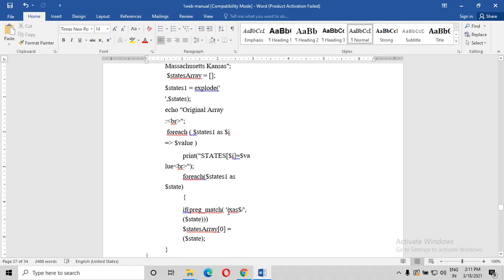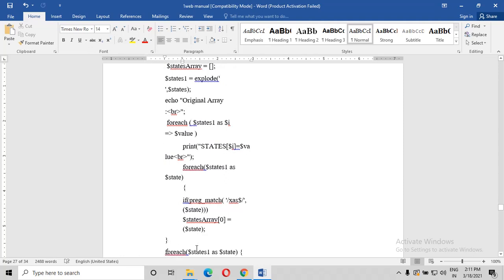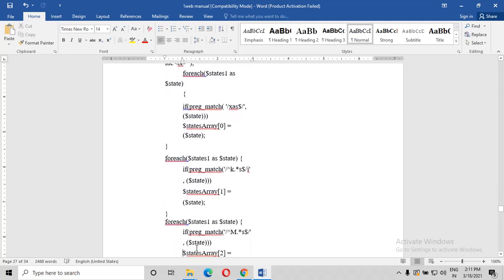Inside the single quotes, with a forward slash, you take xas$ and ends with means this, you have to remember. You find the states and store them in element 0. So states array is equal to states. This is the first thing we want to identify here.